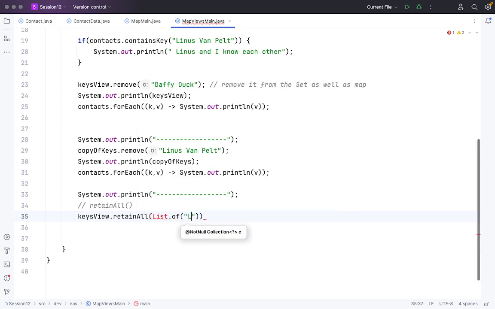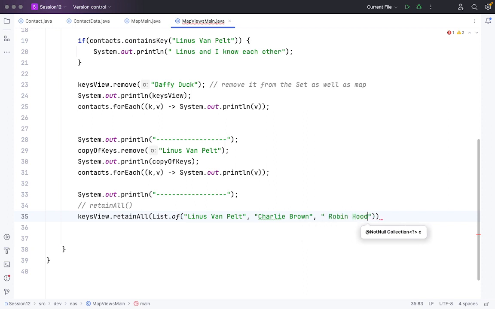I can pass Linus Manpelt, Charlie Brown, Robin Hood, Mickey Mouse. Okay, so now what will happen is it will retain only these values, keys with these values only, and remove the rest of them. So if I just print this thing out also,